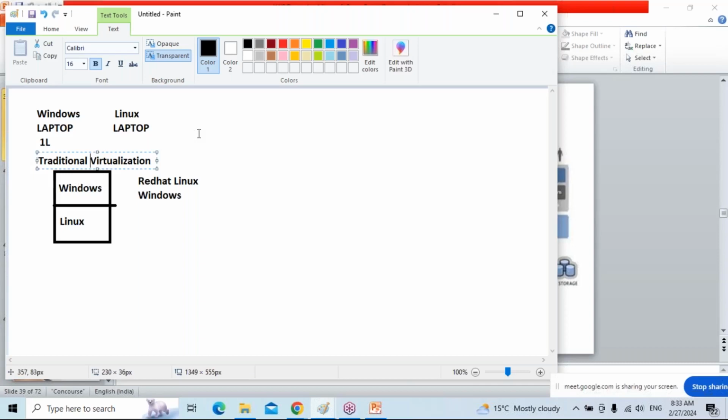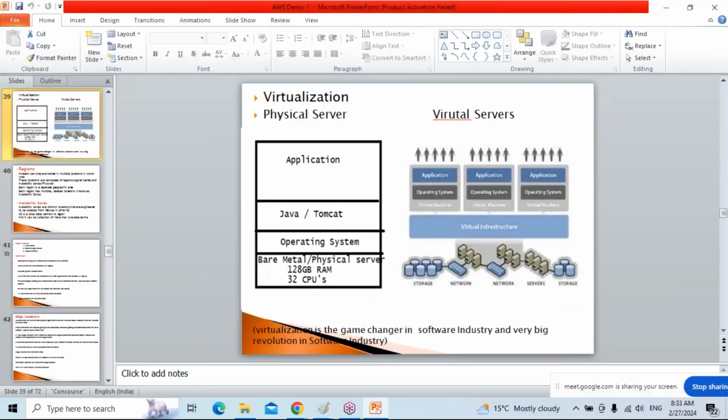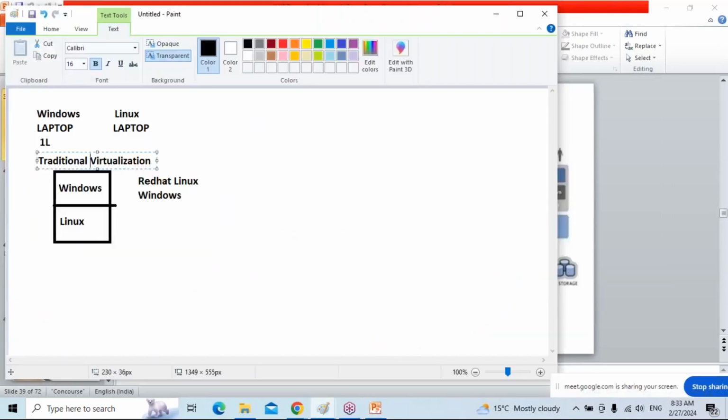What is the disadvantage of dual SIM? Anyone? Advantages we discussed. What is the disadvantage? Both the numbers cannot be active at a time.